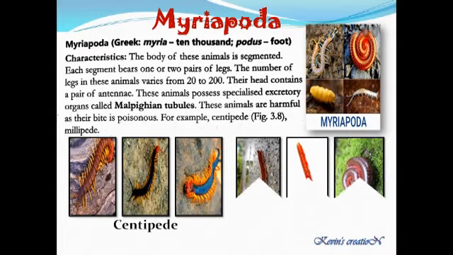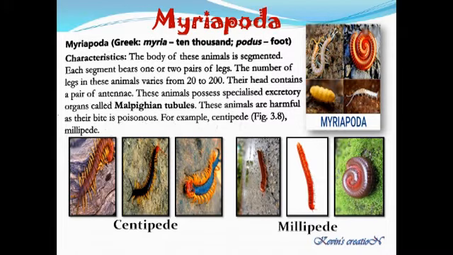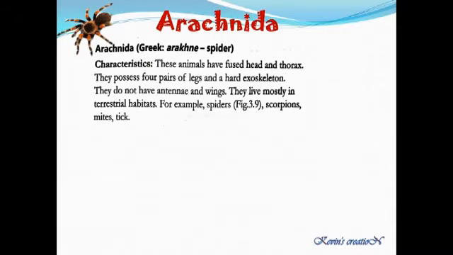And this you are very much familiar with. All these are called millipede. Now is the season, you can see these millipedes on the roads or in your houses. Okay, so all these are the members of Myriapoda subgroup. The next subgroup of Arthropoda is Arachnida, all the spiders.